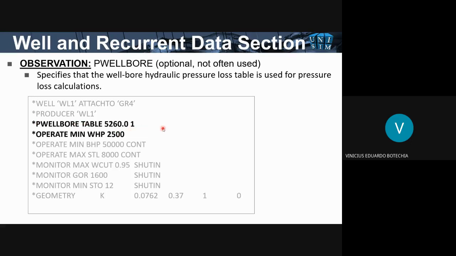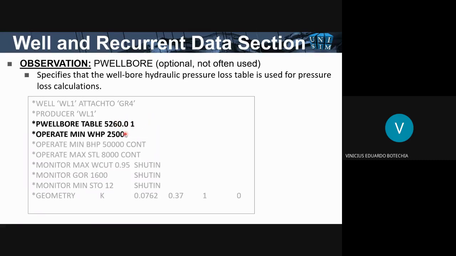It's used in a first step of integration with production facilities, to calculate the pressure loss using the P-tube. It is another CMG feature that calculates the pressure loss, making the integration with production facilities, right? So you use this when you are going to calculate the pressure loss, and you have already generated the tables with P-tube. I guess João will talk about that a little bit in 2 weeks. So here you're just saying that you're going to calculate the pressure loss for these wells using table 1. This number relates to the number of the table, and this is the depth of the well. We're informing here the depth of the well.